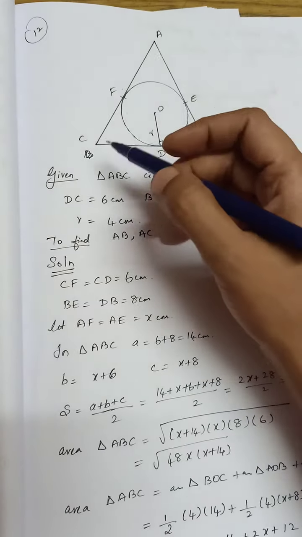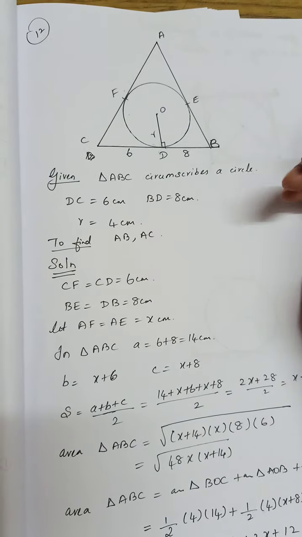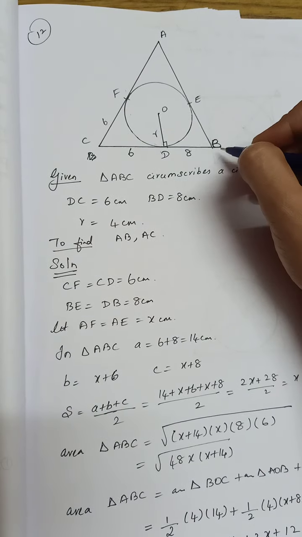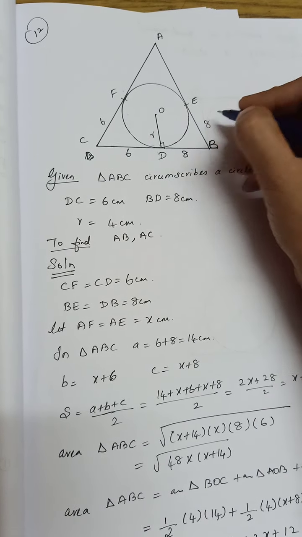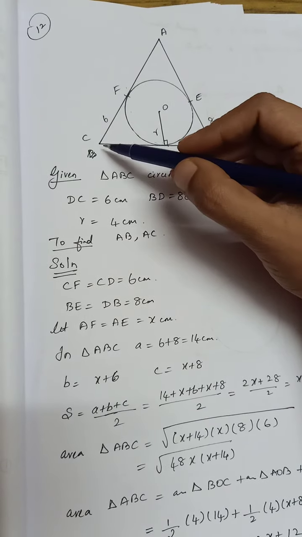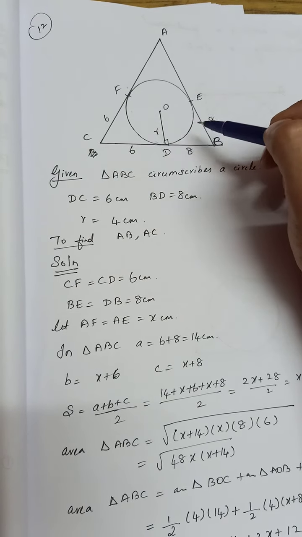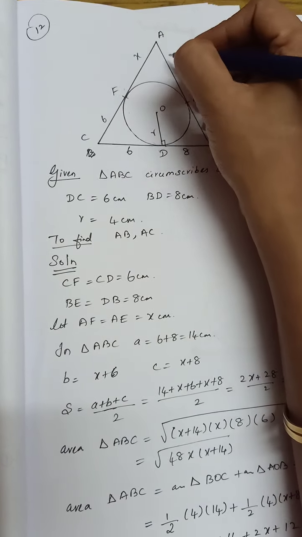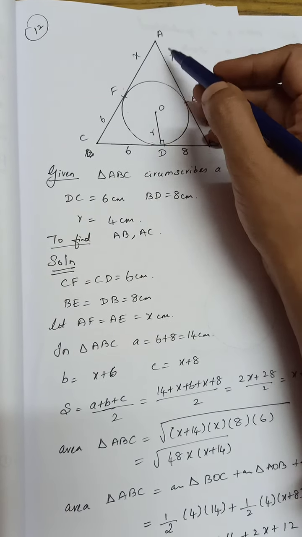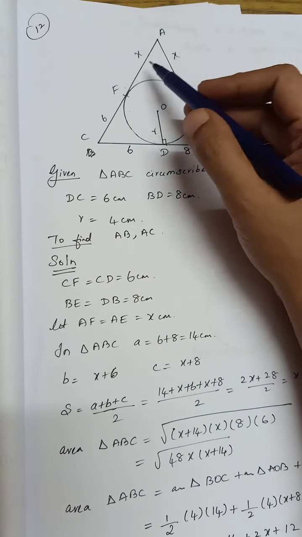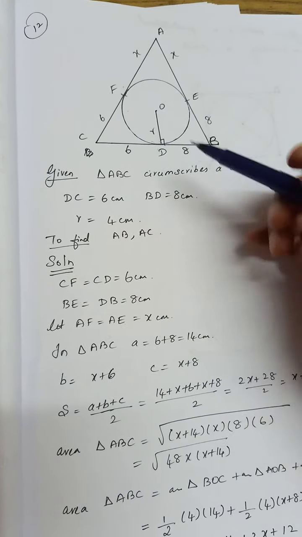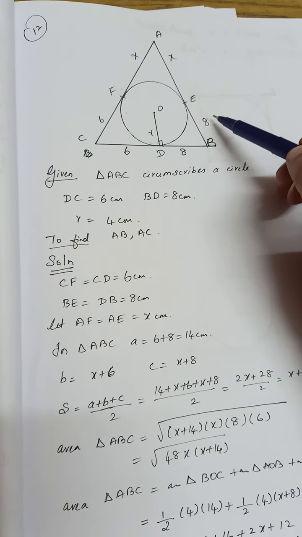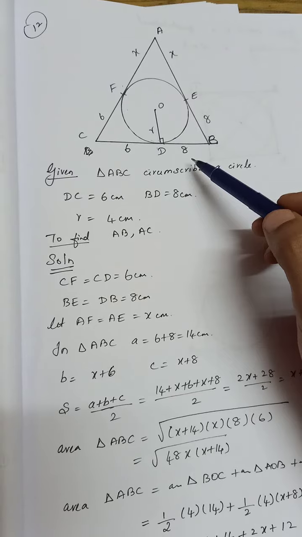Now we are going to write the usual step that we do for all the problems. CD will be equal to CF, so this will also be equal to 6, and BD will be equal to BE, 8 centimeter. What is the reason? Because these are tangents from the same point C and from the same point B. Now we don't know anything about this part, so I am going to take this as X and X, because these two are also tangents from A. Both will be the same, so I will just call it X. AC will be X plus 6. AB will be X plus 8. BC will be 6 plus 8, 14.